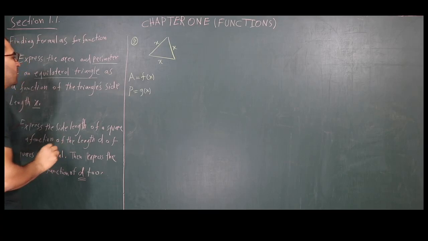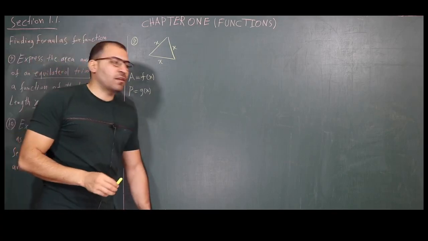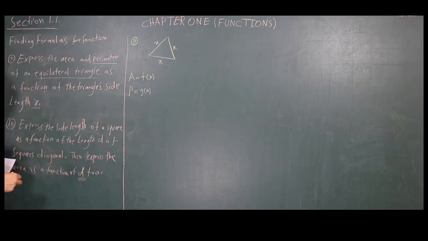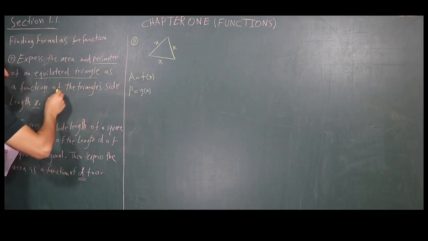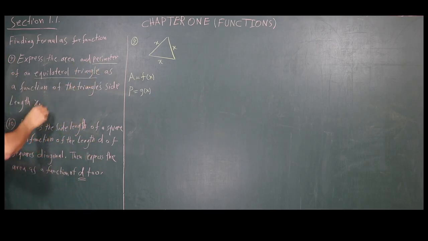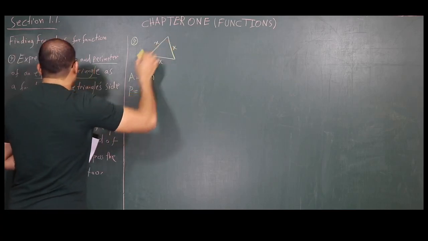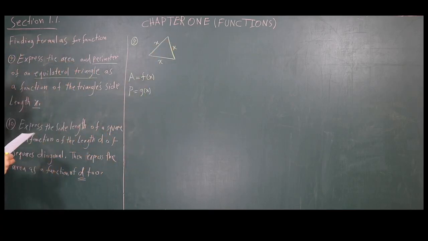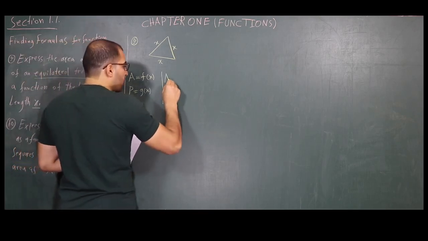So he wants me to express the area and the perimeter as a function that depends on the variable x, which means the side of the equilateral triangle. So what I'm going to say right now, we have a law, because I don't want to derive it here,